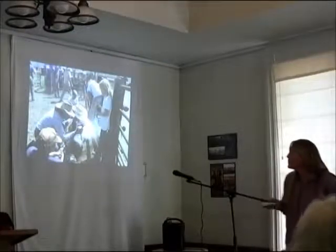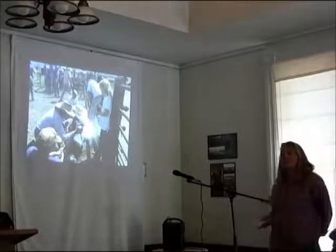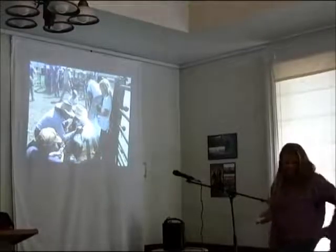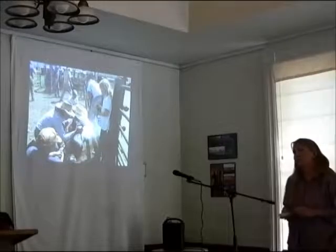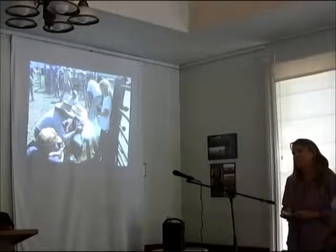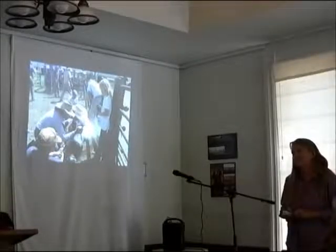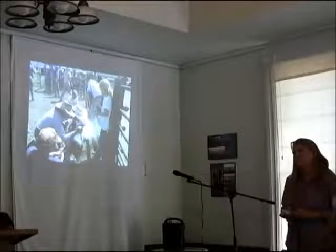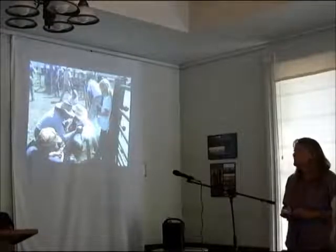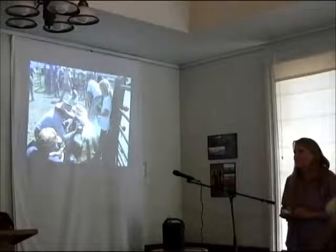Here's another branding picture. So we don't throw ours to the ground like they do. We run ours through a chute. They go into the big pen, and then the pens get smaller and smaller until they're in an alleyway. And we do have to separate them out. You would never put the cows and the calves in there together because the cows would run over the calves. So we put the calves all separately, and they run through an alleyway, and then they get to the chute at the end. And we have a small squeeze chute that is made just for calves,